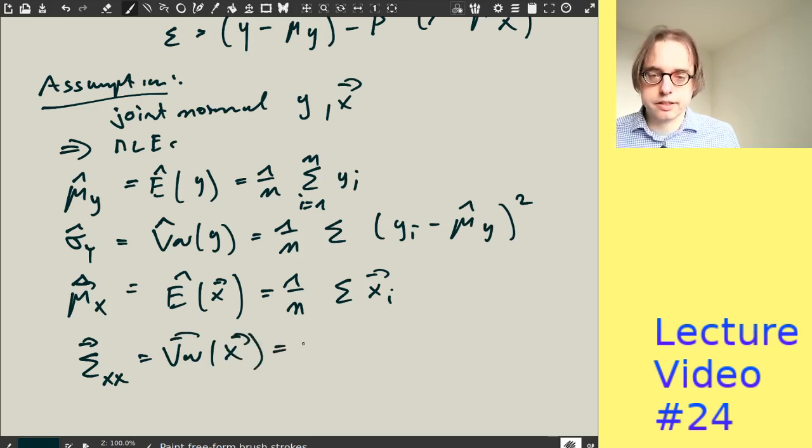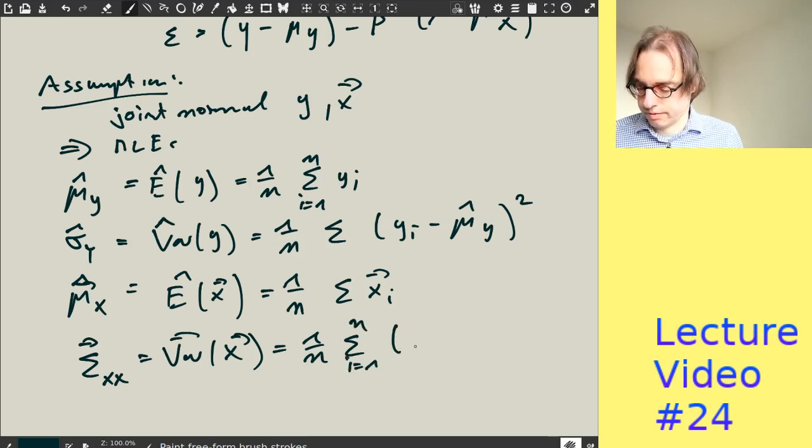These are just the standard formulas. We've calculated them already earlier when we looked into the multivariate normal and normal distribution. So the estimate of the covariance